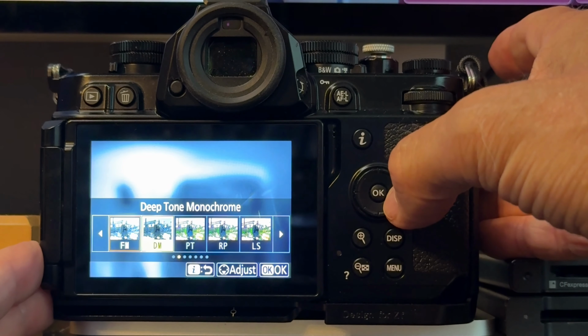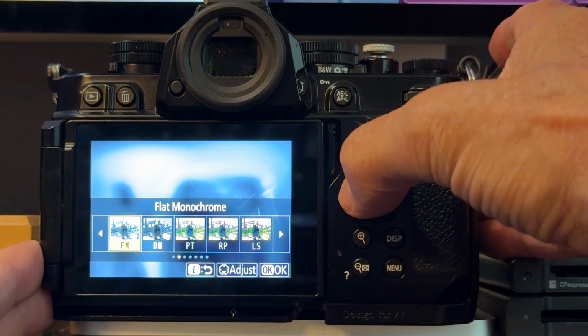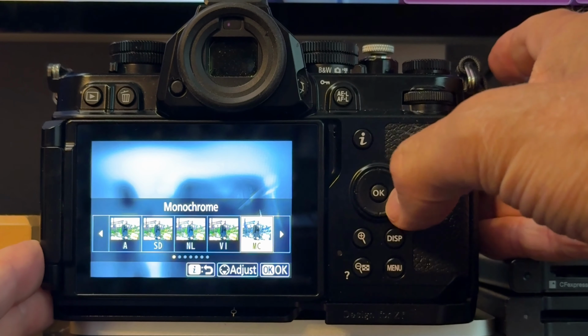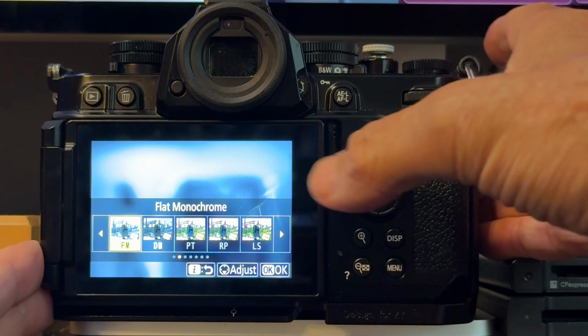You got your deep tone monochrome. That's your flat monochrome. And then there's your regular monochrome. Okay. So I got on flat monochrome for the black and white. And then when you put it on camera mode, all right, and we go like here, then you have,